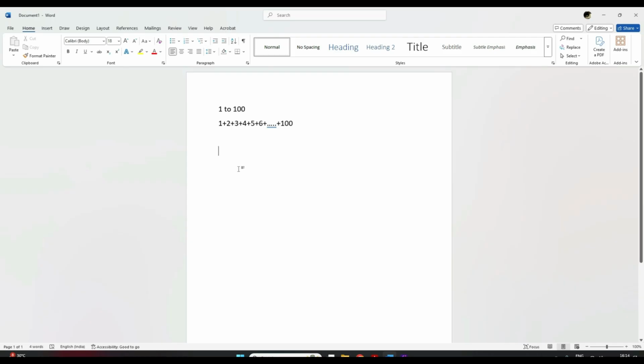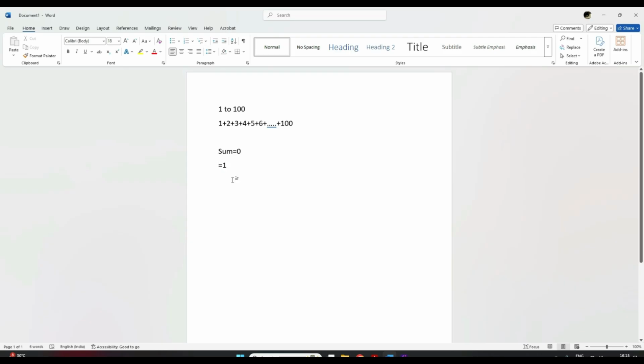See, suppose I take a variable, any variable, maybe sum, and initially I put 0 in sum. There is nothing, I'll just make sum equal to 0. Now I will start generating my numbers from 1 till 100 and keep adding those numbers. Now suppose I take a variable I, where I will keep incrementing I one by one, so that it goes from 1 till 100. So initially I'll put I is equal to 1.